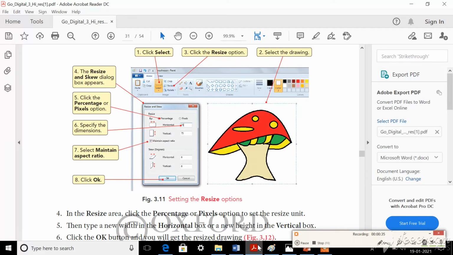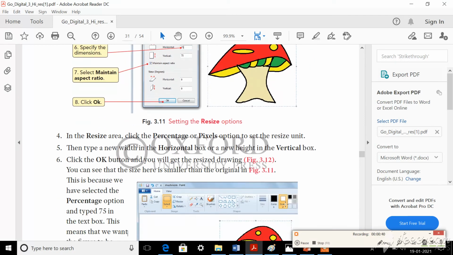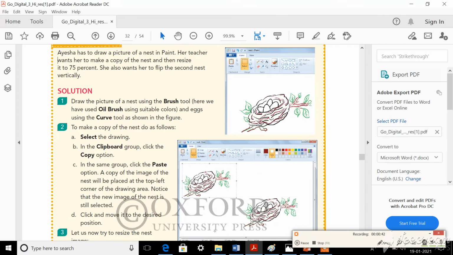You also have one practice work today. Let me show you that practice work. In page number 32 you have a problem and a solution. Already they did it there, but you should practice that and find whether you are getting the same solution. It is given that Aisha has to draw a picture of a nest in Paint.